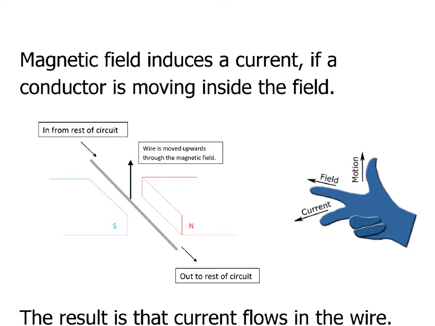Okay, so off to the side here, you're going to notice there's this little picture of a hand, and that was in the other diagram as well. You're going to have to mentally shift this hand around sideways a little bit. It's really hard to do three-dimensional on a two-dimensional screen. But basically, this is called Fleming's right-hand rule for a dynamo. You don't have to worry too much about this specific term, but if you want to figure out what's going on in this situation, you can set up your hand like this